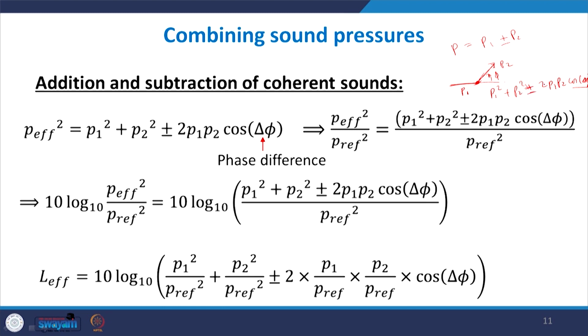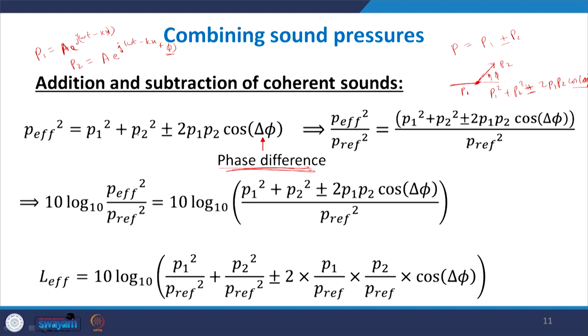So we are using this vector summation equation here, where this is the phase difference. So what is phase difference? Suppose P1 is a e to the power j(omega t minus kx), a forward propagating wave. The other, P2, is a e to the power j(omega t minus kx plus some angle). So it has the same waveform, only the starting point is now different. So there is some phase difference. This is what we have taken into account.